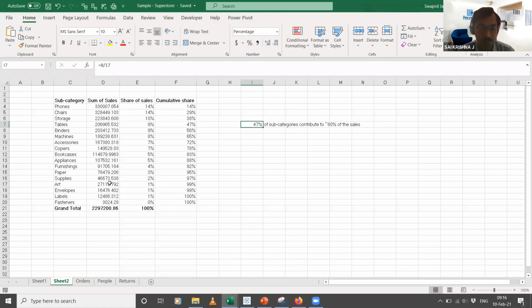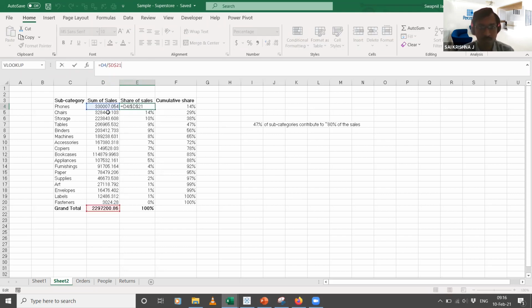For simplicity, I've just created a small pivot table based on that same sample superstore data. We have all the subcategories here, and we have the sum of sales over here. And here what we have is the share of the sales. Sales for phones as a percentage of the total sales is 14%.